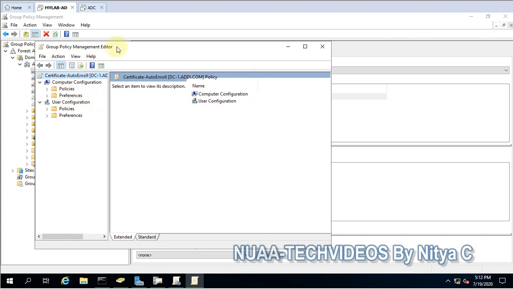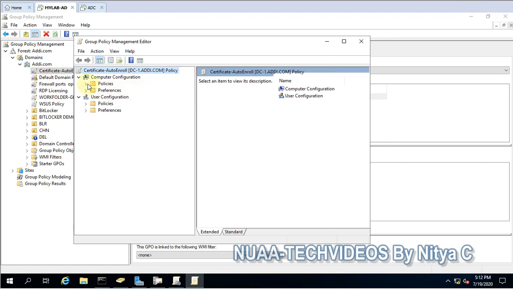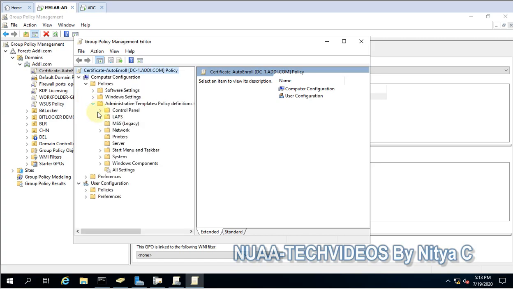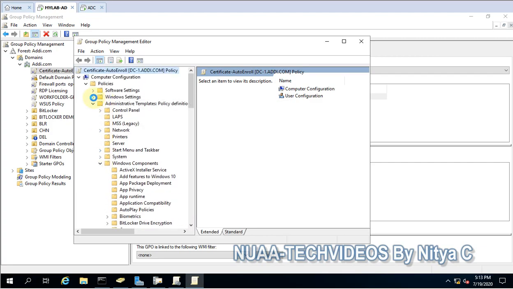And since that is a computer based policy, we will look for the setting. So we have to expand the computer configuration, then policies, then Windows settings.